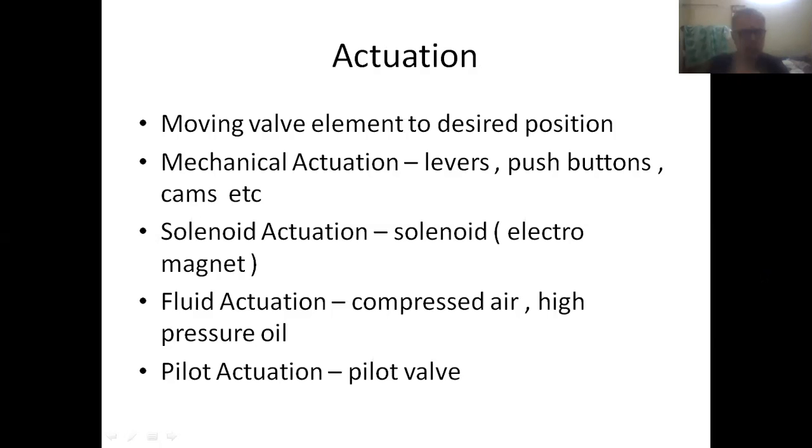Different methods are available for actuating the elements of DC valves. So they are called methods of valve actuation. We have all these methods available for doing valve actuation: mechanical actuation, solenoid actuation, fluid actuation, pilot valve actuation.